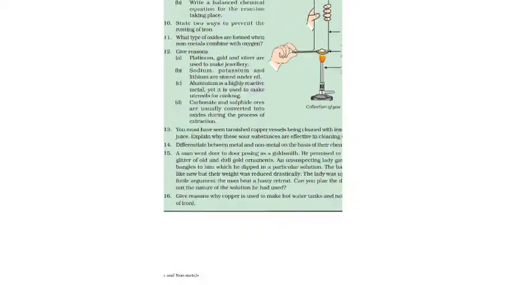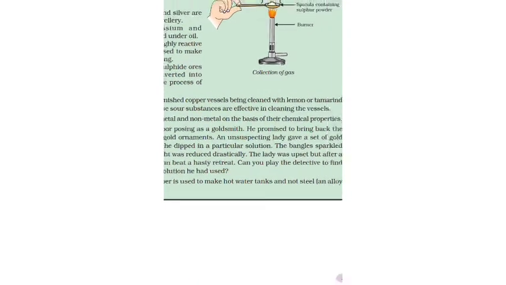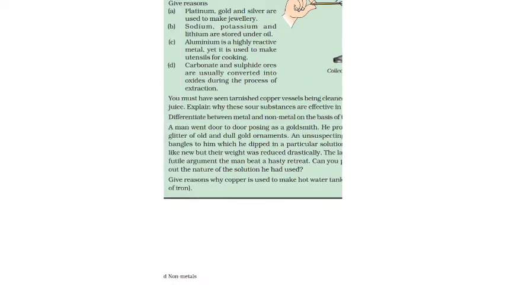Differentiate between metals and non-metals on the basis of their chemical properties. These are the details that I have explained while taking the different reactions of metals and non-metals, that is, the chemical properties. So go through the previous lecture and you will get the difference between metals and non-metals on the basis of their chemical properties: how they react with oxygen, displacement of hydrogen, how they react with chlorine and hydrogen, and chemical nature.